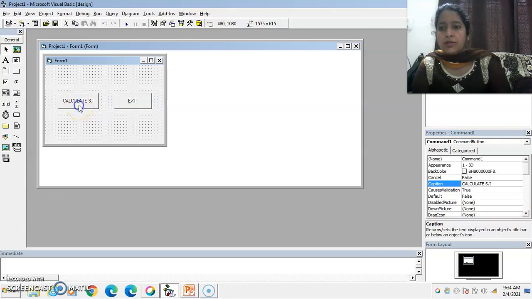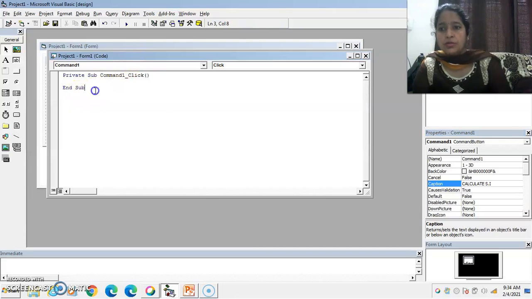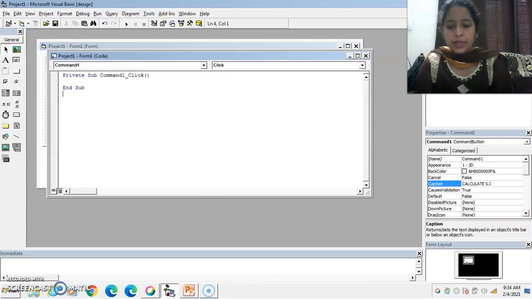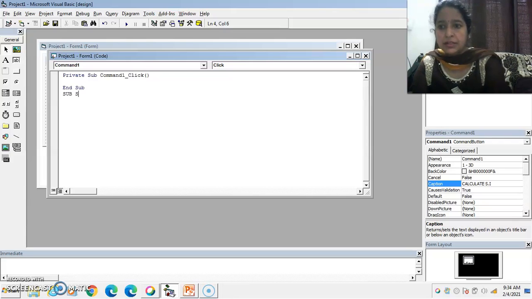Now I want to enter in the code mode to write down the procedure to calculate the simple interest. So first of all, write down the keyword Sub. After that, the name of the procedure as Interest.